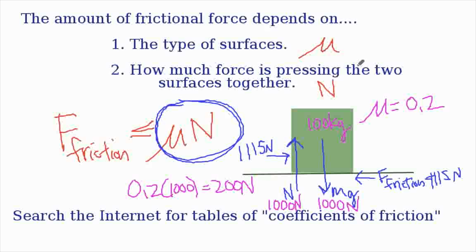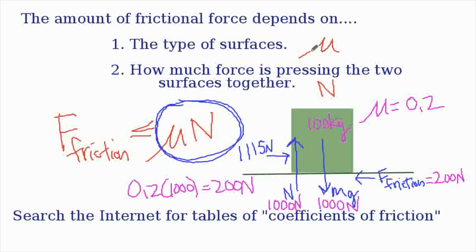All right. So for the example that I have here, the 1,115 newtons would actually be more than the friction. So let's correct our situation. So here we would have a friction of roughly 200 newtons. Okay, and so what would the net